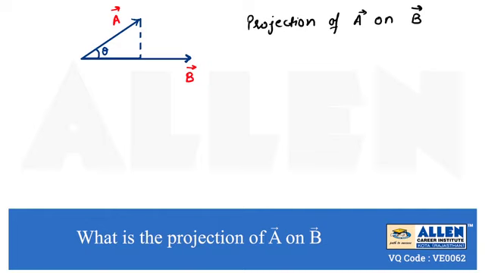If we want to calculate this, here only with the help of a right angle triangle we can see, because this is a right angle triangle, by trigonometric function we can directly write it as A cos theta. So this section of A vector, that is the projection of A vector on another vector, that is B vector, is coming out A cos theta, which is from this point to this. So A cos theta is the projection of A vector on B vector.